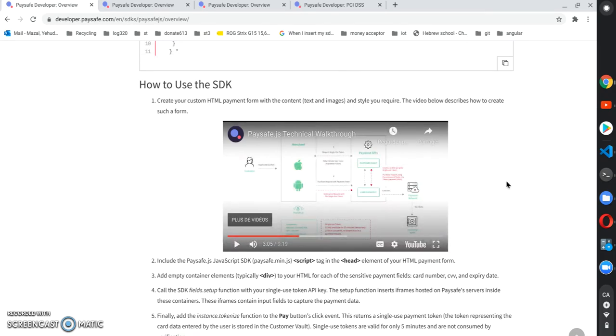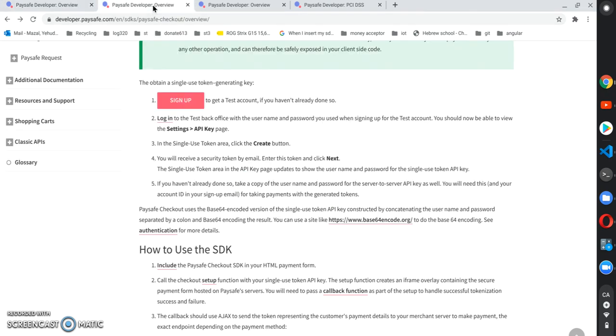Once you convert that token to a permanent token, then you can recharge the client on that token with his permission. And you don't have to manage credit cards, you don't have to manage anything, you don't have to get any information, none at all. The way it works, that